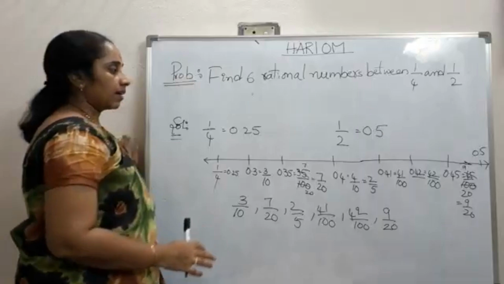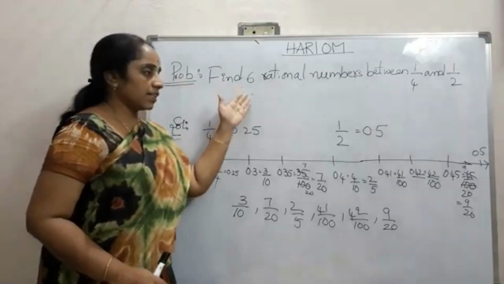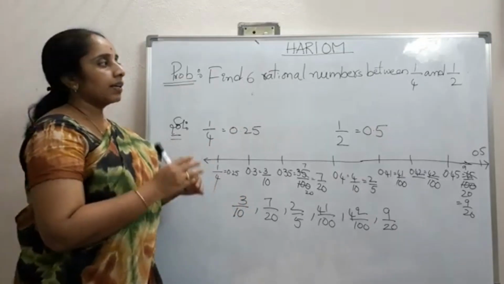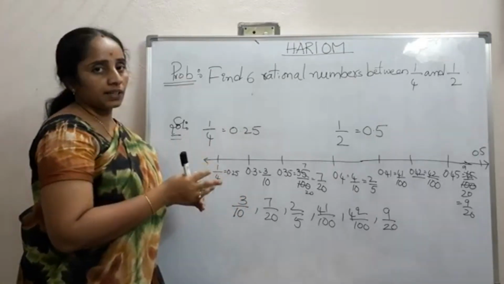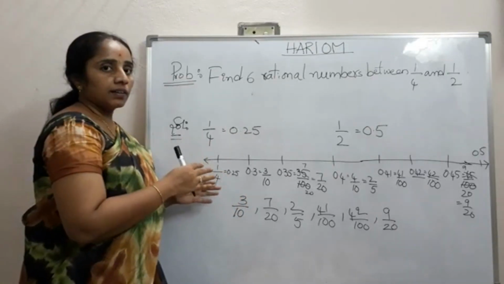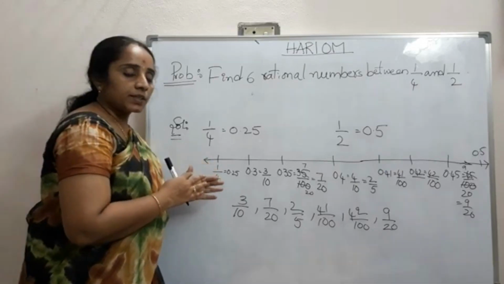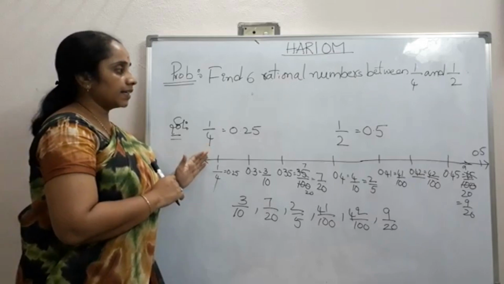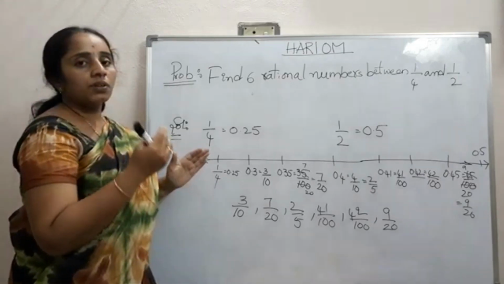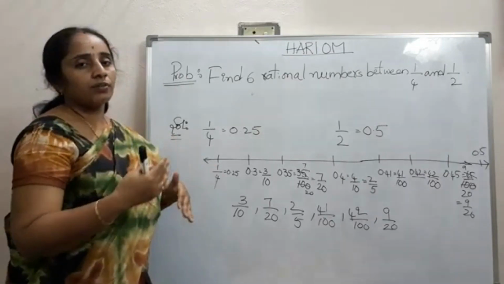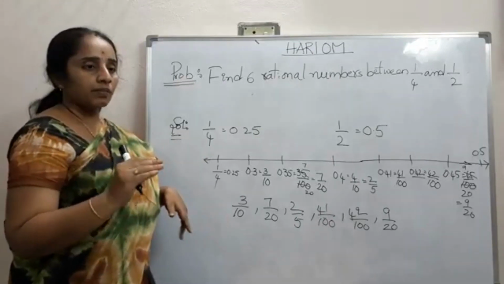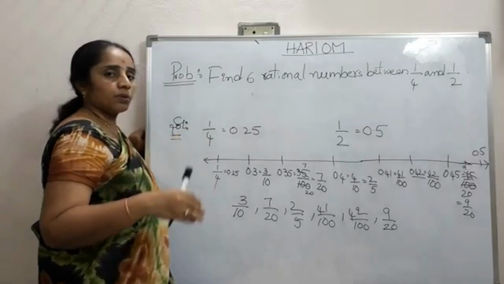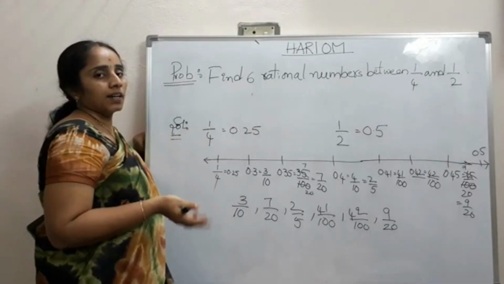So we can write not only 6, we can write infinitely many numbers in between two rational numbers. The earlier one was exactly between two rational numbers. Here, if they ask you to write 6, 10, 5, 4, whatever it may be, we can write in this way. Two more models we can discuss in the next class.